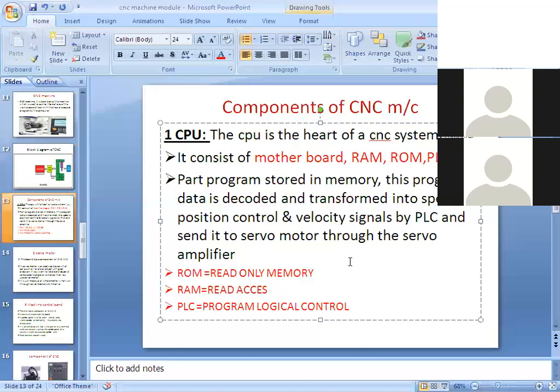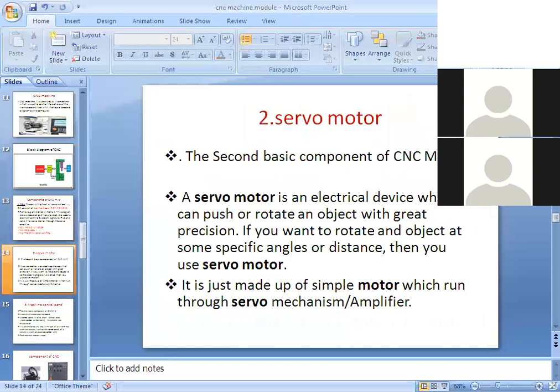Electronic hardware components convert the program signals through the PLC, the program logical control, and send the signals to the servo motor. The servo motor rotates with the help of the servo motor system as well as the servo amplifier. So this is one of the very basic and easiest components of the CNC. I'll move to the second slide. Servo motor, the second basic component of a CNC machine.